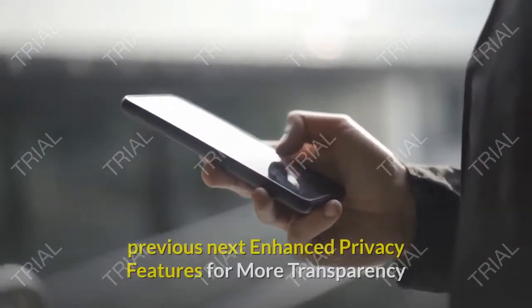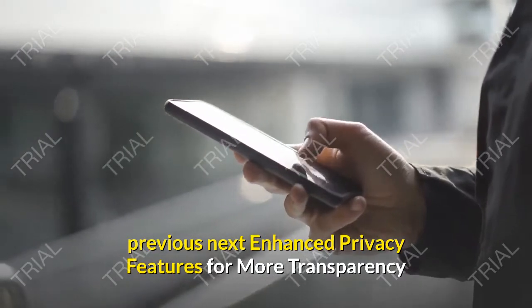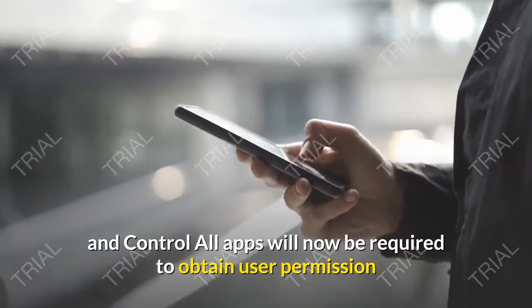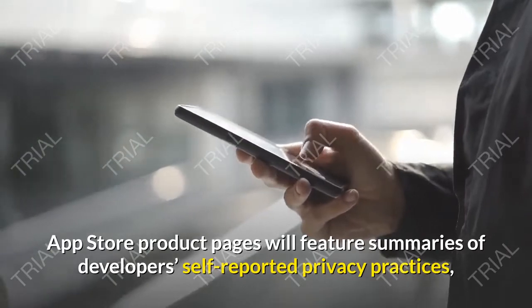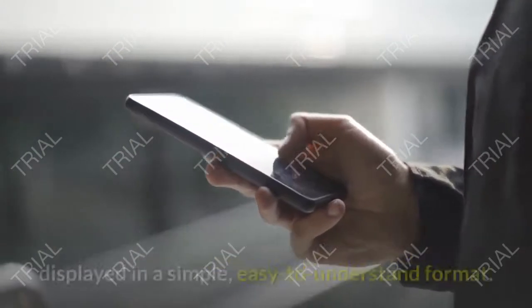city. Previous. Next. Enhanced privacy features for more transparency and control. All apps will now be required to obtain user permission before tracking. Later this year, App Store product pages will feature summaries of developers' self-reported privacy practices, displayed in a